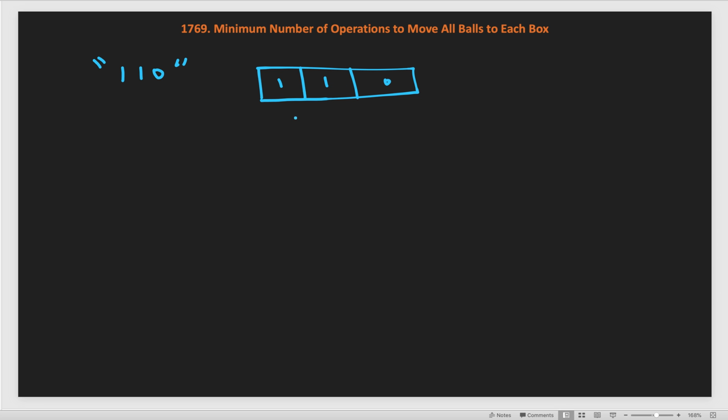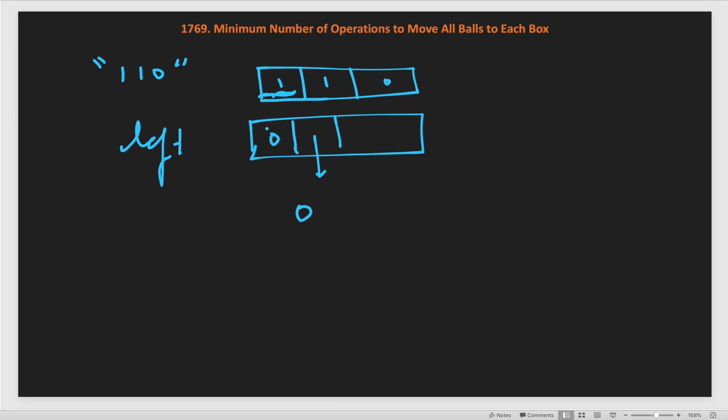Now first we will create another array, the left array. That left array will count the number of balls moved to the current ith index from the left side, for all the balls from the left of this index. So, at the 0th index there will be no left, so I will fill 0 over here. Similarly, at index 1 we will check how many balls there are till the previous index and the cost already.